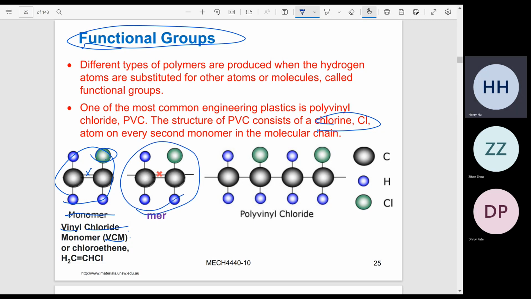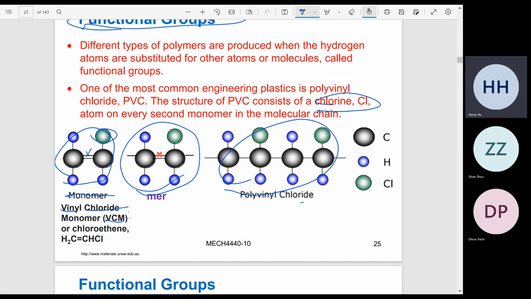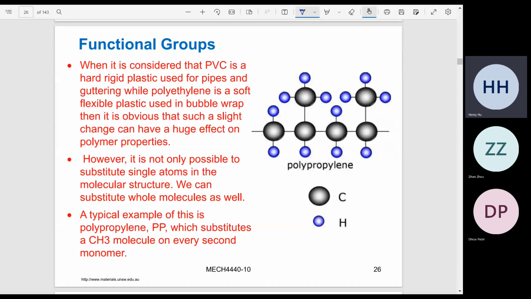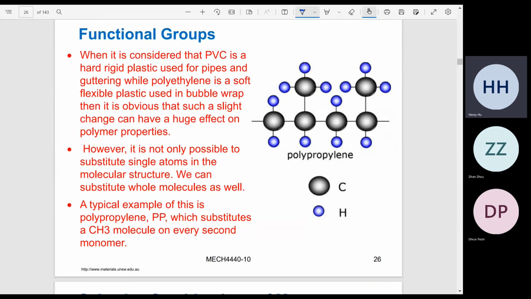And you connect all these mers together, and you form a polymer material. It's called polyvinyl chloride, which is PVC, okay. And obviously PVC compared to polyethylene is much stronger, okay. And then you can use polyethylene and polyvinyl chloride to make pipes because they're very strong, and